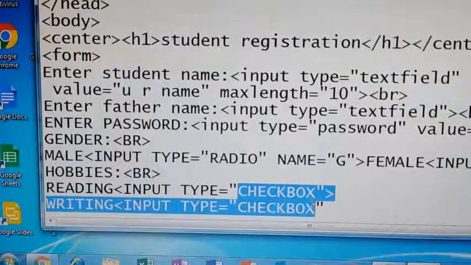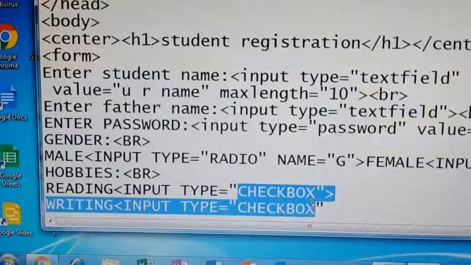So based on the type value you are assigning, the user will enter the information, and that will be taken. For example, instead of password, if you have given a text field there, whatever characters you are entering will be visible. So based on your requirement only, you give the type, and based on the type you will get that field on the form.